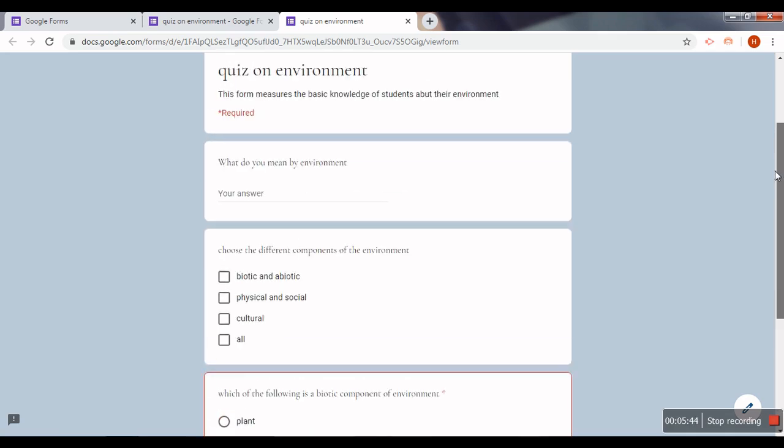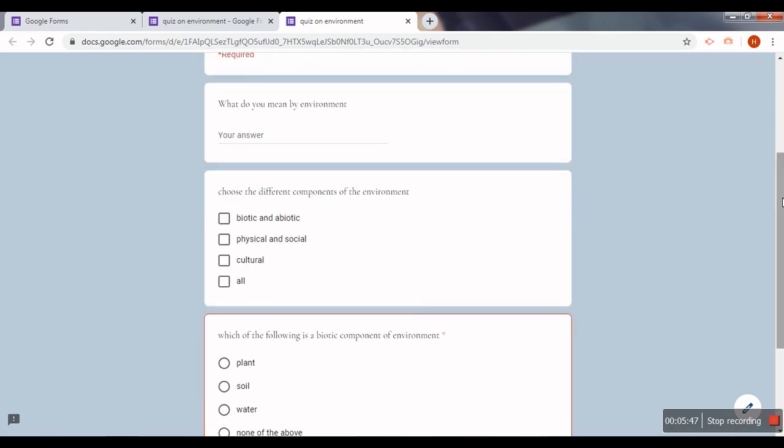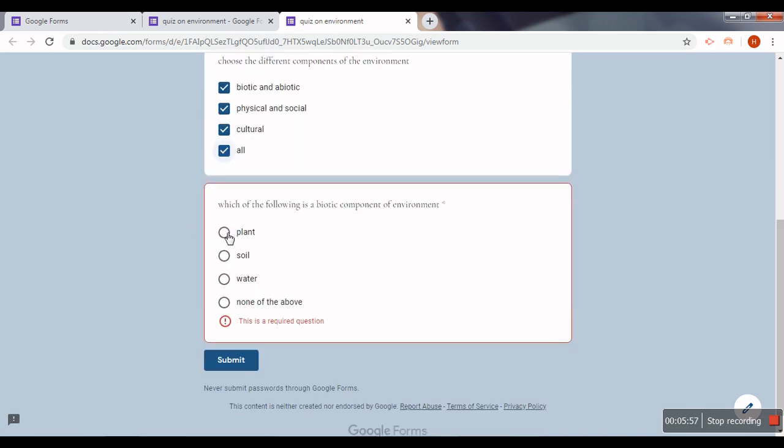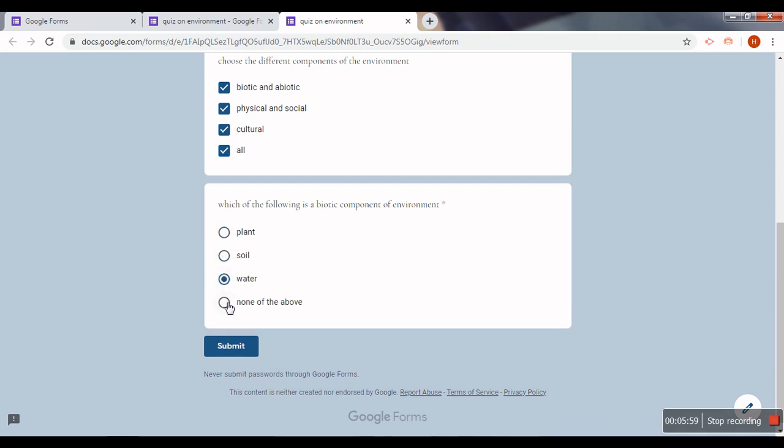So if you see, the questions come up differently. This comes like a check box in which you have to check what is your answer, right? So more than one option can be there. Similarly this is a multiple choice question in which only one option can be given. So this is the basic difference between a check box and a multiple choice question. You have only one option. If you have more than one option for a question, then you can use check boxes. The student can check all the boxes, but in multiple choice only one answer is marked, right? So I hope this is clear how you can add questions and what the different options are.